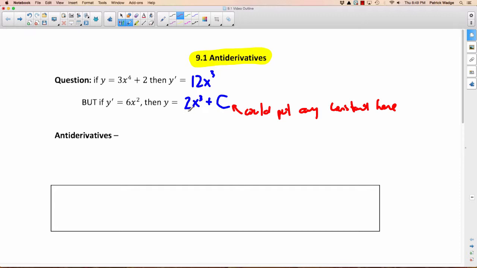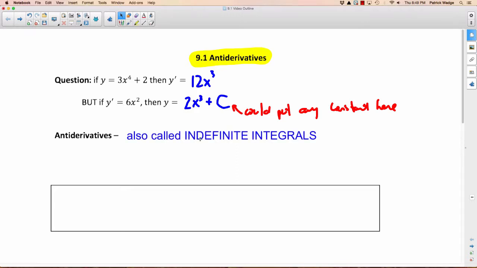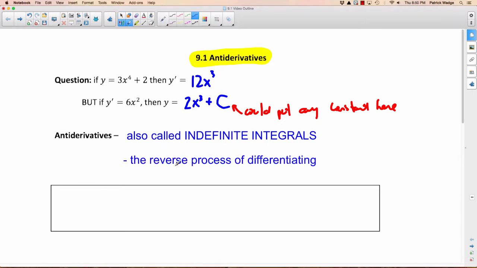So what we just did here, where we started with the derivative and found the original function, takes us to the idea of antiderivatives. What an antiderivative is, it's also called indefinite integrals. It's the reverse process of differentiating. So that's probably the easiest way to think of it. You're just doing the opposite direction. But mathematically what that looks like is if F prime of x, so if the derivative of capital F equals little f of x, then,